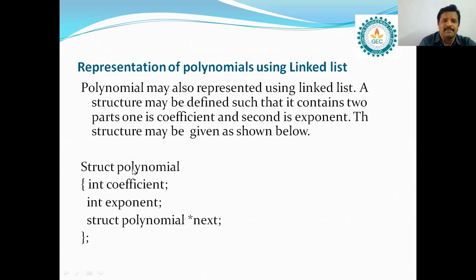We have to create the polynomial structure, struct followed by the structure name, that is polynomial, which contains two parts, the coefficient part and the exponent part. And the third part is called the address part, that is represented with next pointer, right? So every node in the polynomial can contain how many parts? 3 parts, right? The first part contains the coefficient, the second part contains the exponent value, and the third part contains the address part, that is nothing but it indicates the address of the next node, right? This is the structure of polynomial in linked list.